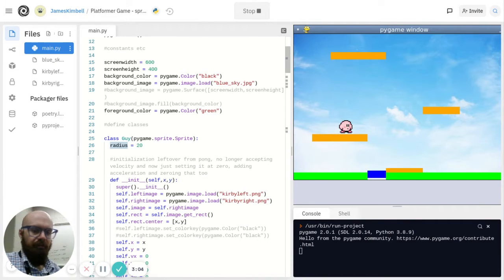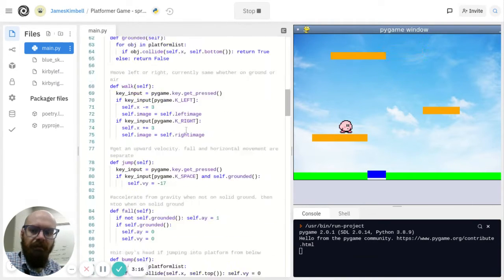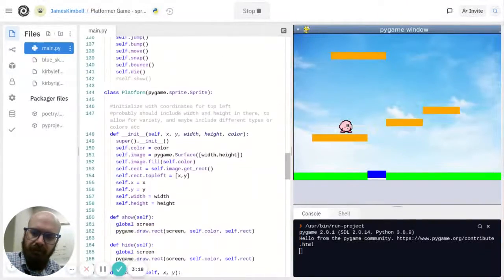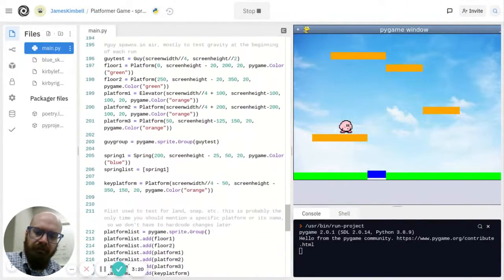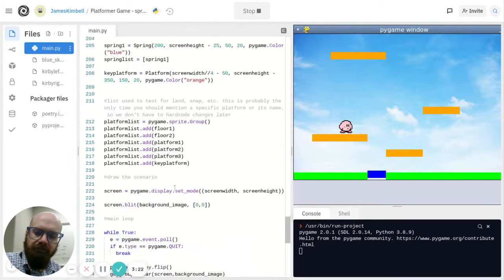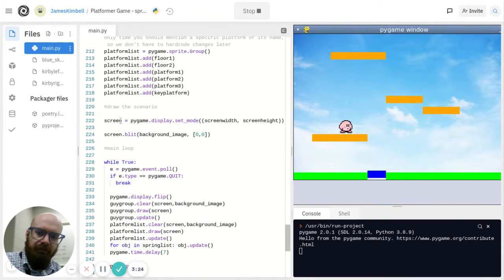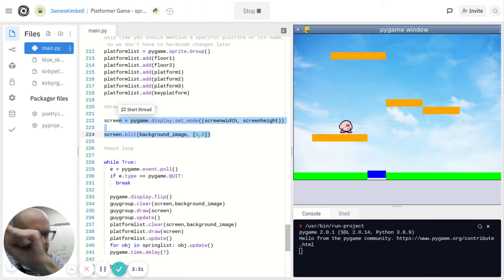So I made an image that was 600 by 400, which gets blitted onto the background when you do your set mode stuff, which I don't remember if it's down here. Yeah. Set mode with the dimensions, and then screen.blit image, put 0, 0, so it starts in the top left